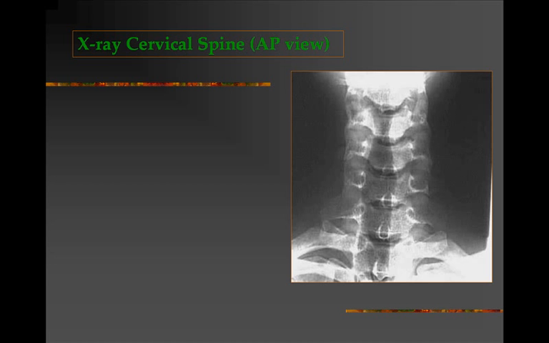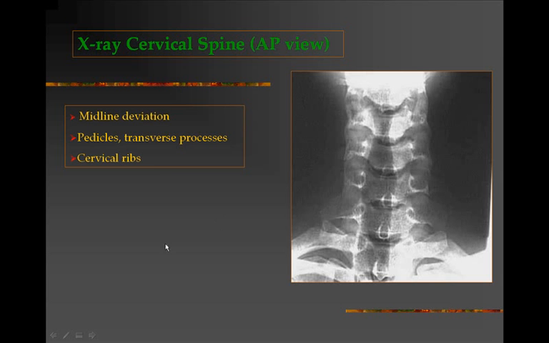Let us now focus on the cervical spine. Here we have an X-ray of a normal cervical spine, and this is an AP or anteroposterior view. One sees the cervical vertebra here, along with their subparts, such as the pedicles on the right side and the pedicles on the left side. One sees the midline cervical spine over here. One can look for abnormalities such as cervical ribs, which would be seen in this location on an AP view